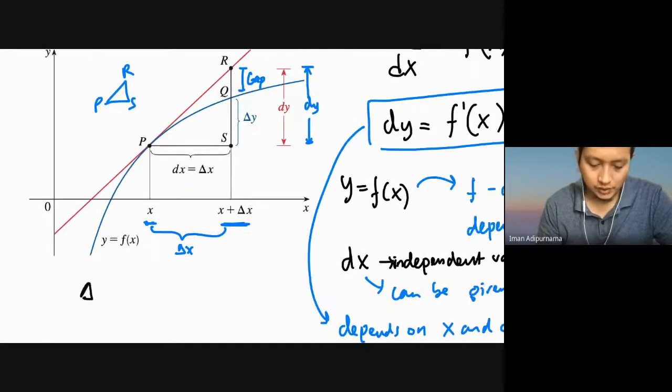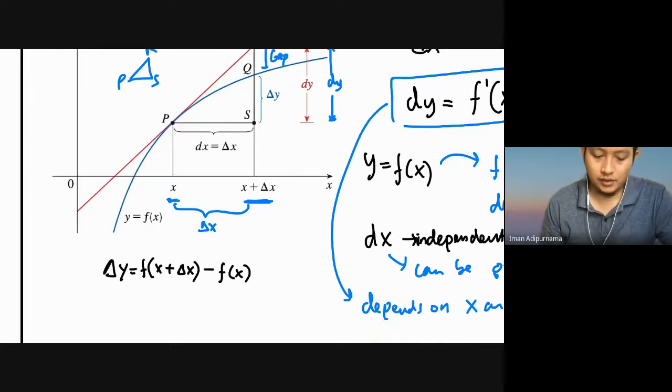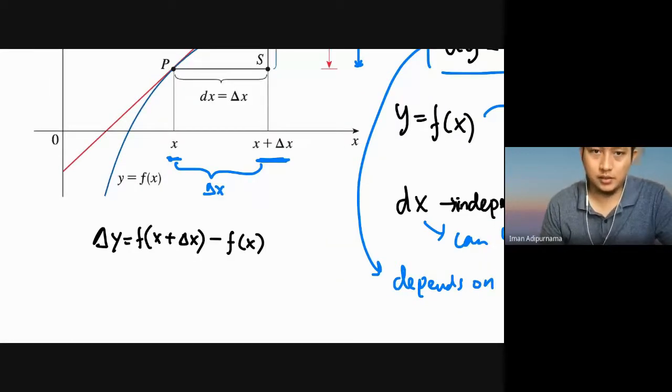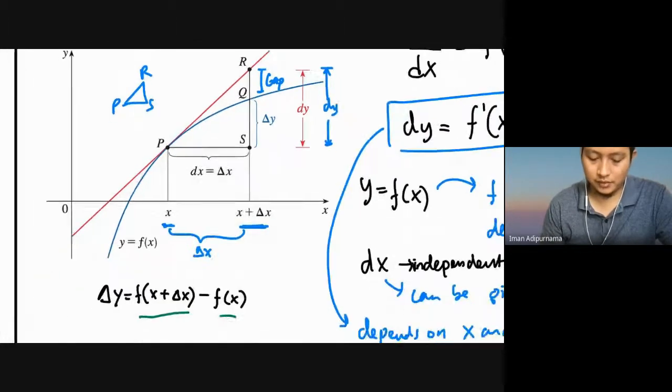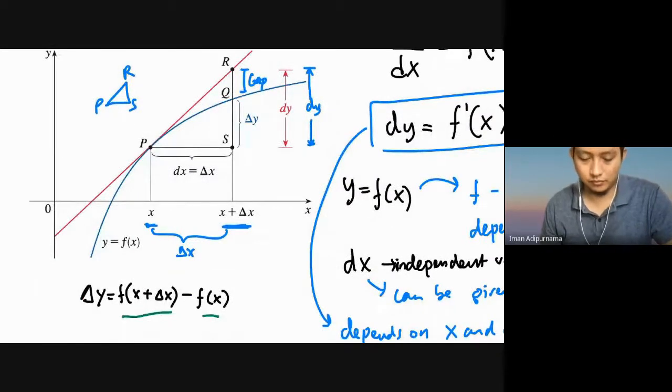So we can write the delta y. This is the change in y, which is f of x plus delta x minus f of x. Okay. So dy,